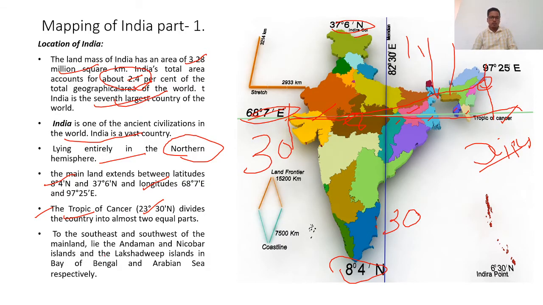Then comes the southernmost point of India. You all know the southern east and the southern west of India. So let it be the western part of India. That means we have the land frontier, and some islands are there. Here you can see the Lakshadweep, which somebody also pronounces as Lakadweep somewhere. So don't worry about that.